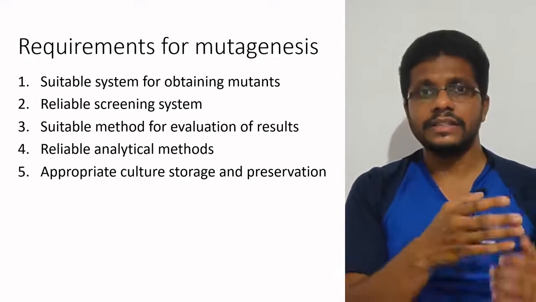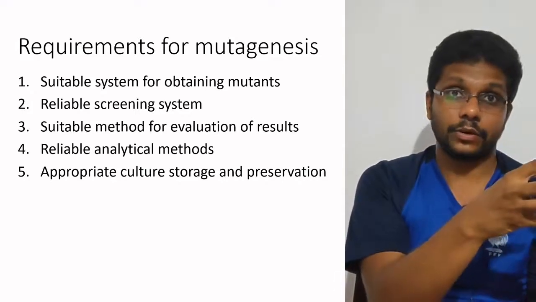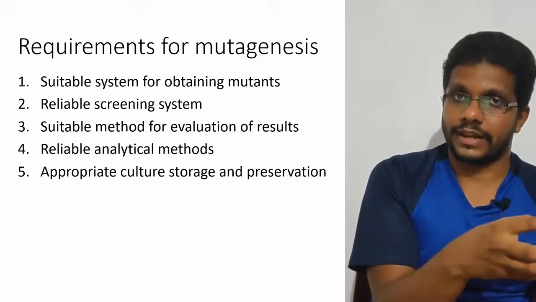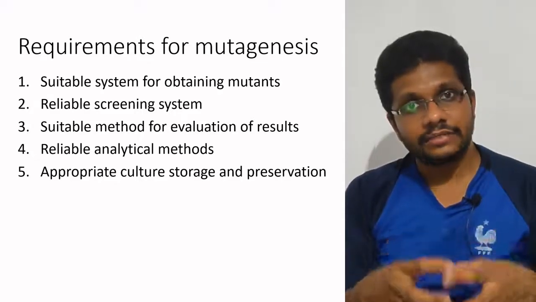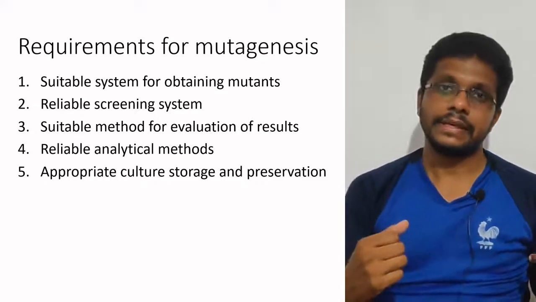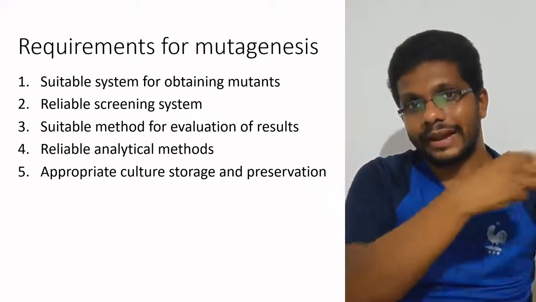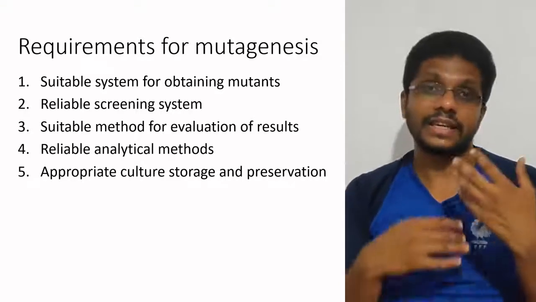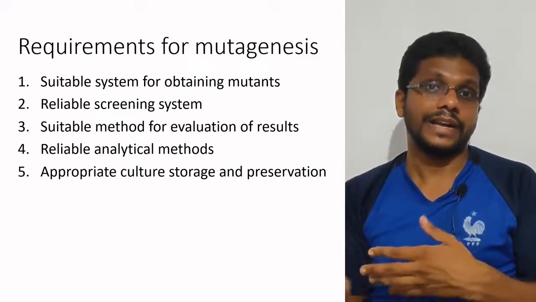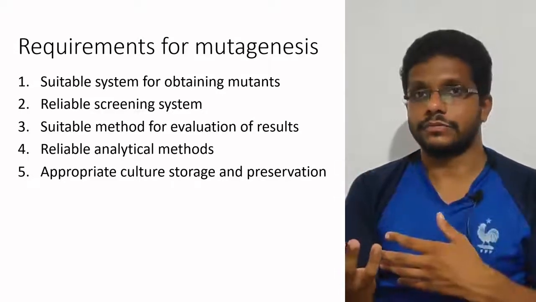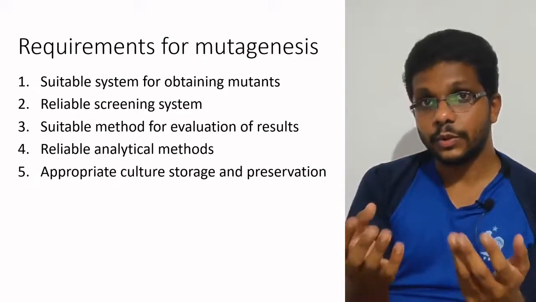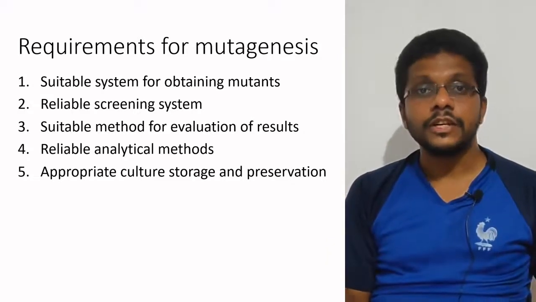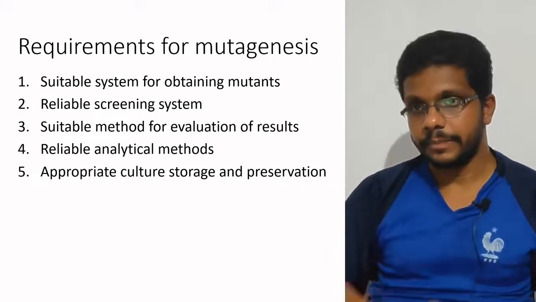In our example, we said we are selecting 200 different microorganisms and studying the characteristics of these 200 different microorganisms. Then we shortlist into 50 and we will do a detailed analysis. So there is a system to analyze the characteristics. We should know what characters we are looking for, and what improvements we are looking for. Once we have the mutants, we'll screen all the mutants to see whether the productivity is increased.